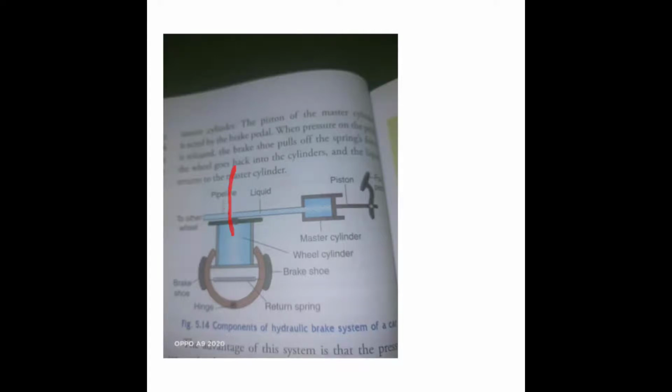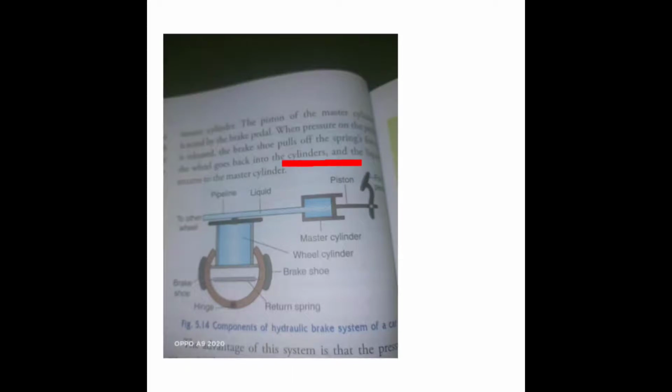So when the liquid pushes this piston again, due to this piston, a brake shoe, this is the brake shoe, or you can say this is the rim and this is the brake shoe. When the driver applies the brake here, the liquid flows to all the wheels, and due to the pressure of that liquid, the pressure of the brake oil, it pushes this rim with this brake shoe. So when this brake shoe and this rim get attached, the vehicle retards or stops, right?